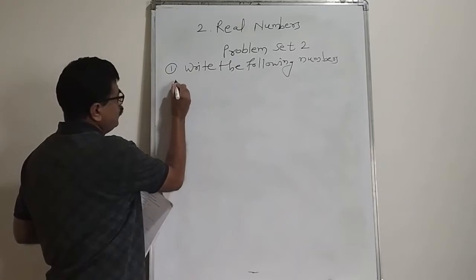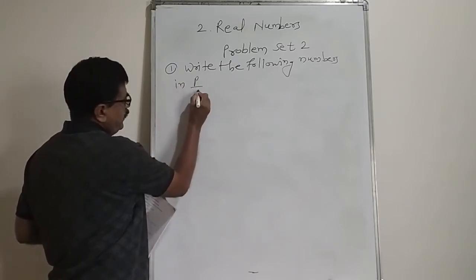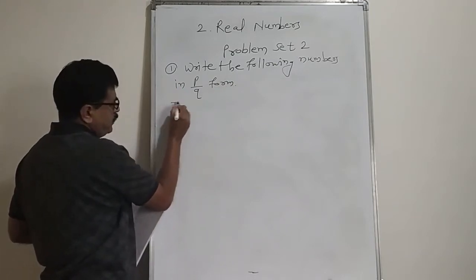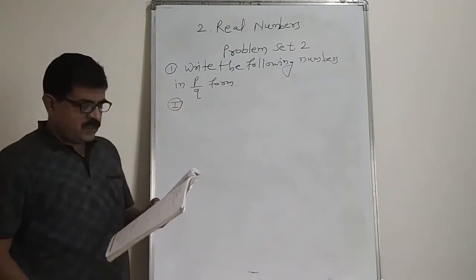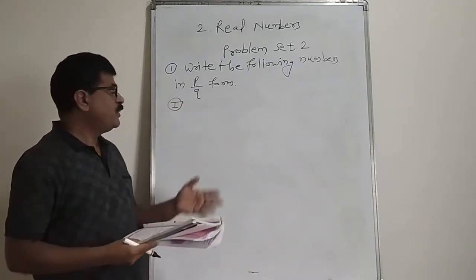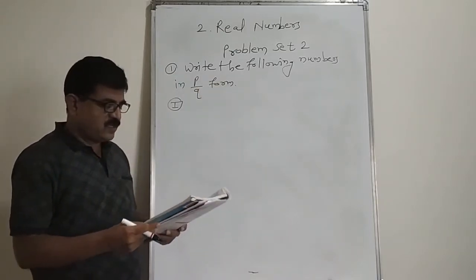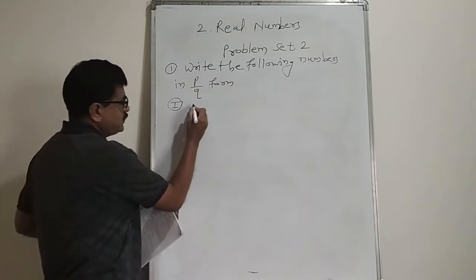in P upon Q form. Number 1. In P upon Q form. P upon Q form means it is in the form of a rational number. Now first example,